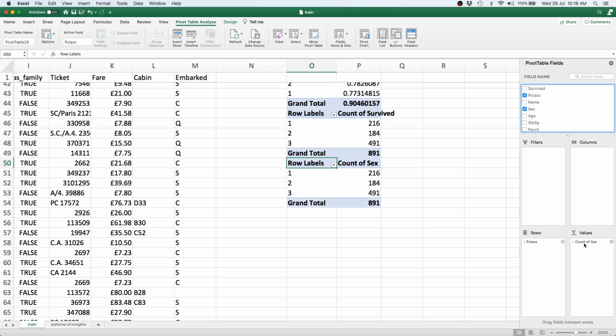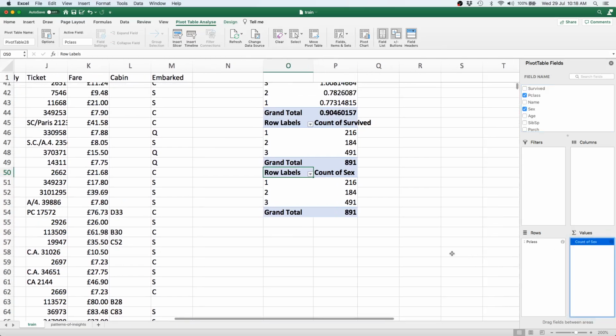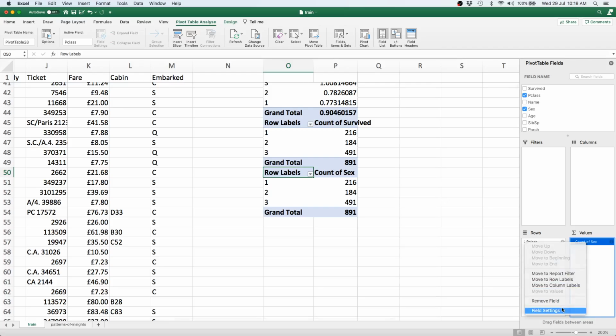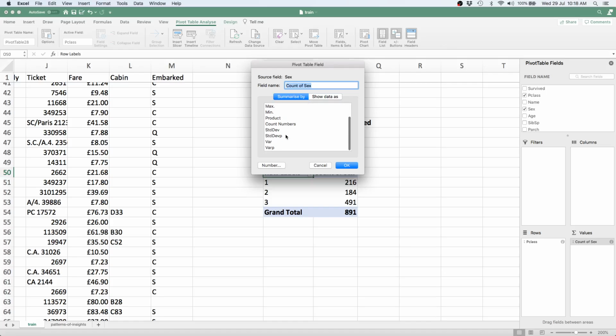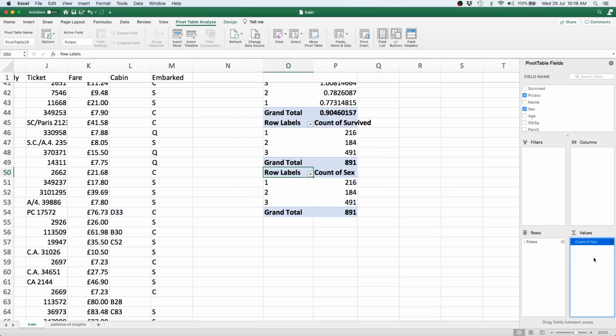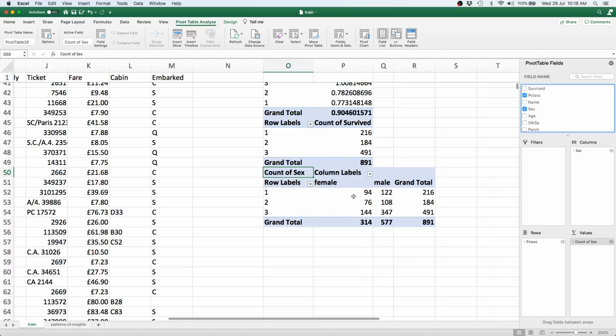But here in the case of this particular sum, we basically want to change it so that we can just do a differentiation between men and women. So it seems like this is not something we can have over here. We can also drag sex into the columns, so that will basically give us the male and female part separately. So there it is. Essentially, in the first class there were 94 females and 122 males.